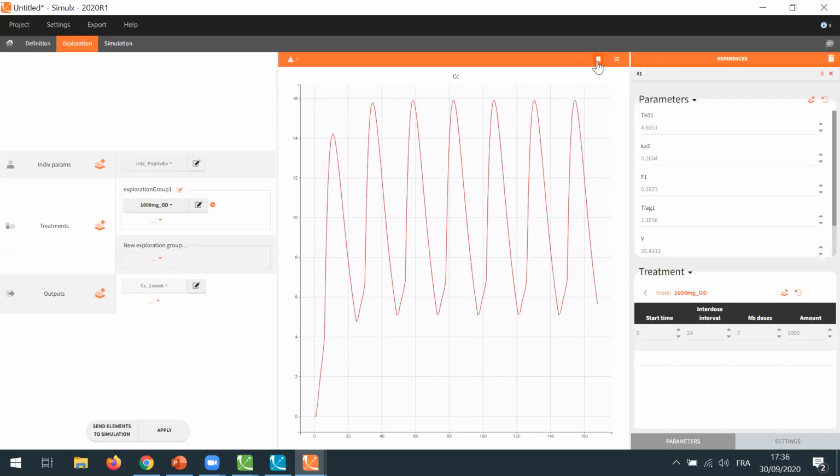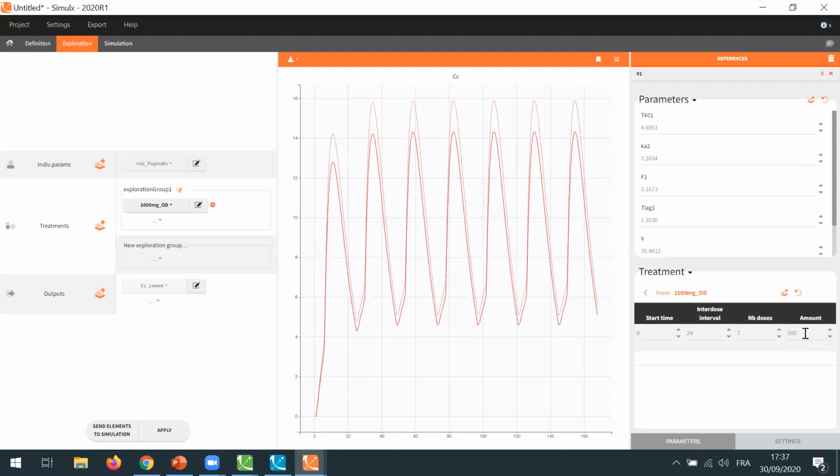Now I will add a reference to keep this prediction on the plot, and I can now change the amount to check how decreasing the amount will impact the toxicity. So if I choose 900, for example, it seems that the dose amount of 900 milligrams could avoid toxicity, at least for a typical individual, and it should not affect too much the efficacy.